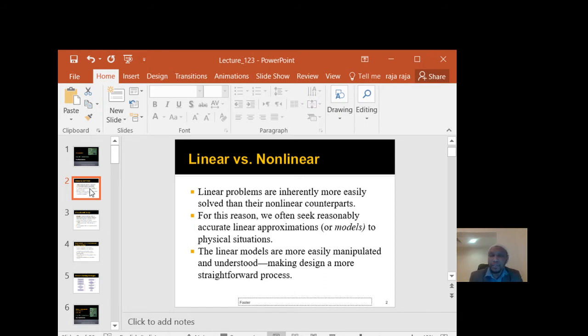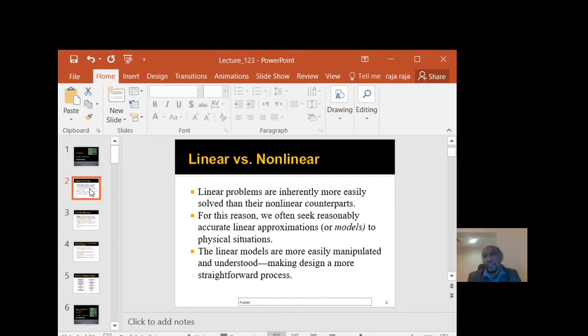First, before we enter the electric circuit, we want to know the concept of what is linear and what is non-linear. This is not a new word for us because you already studied it in school physics, chemistry and math. The teacher taught you what linear problems and non-linear problems are. Linear problems means what? It is inherently more easily solved than a non-linear problem. So for a linear problem we can find the solution very easily, but the non-linear problem is very difficult, the opposite of linear.